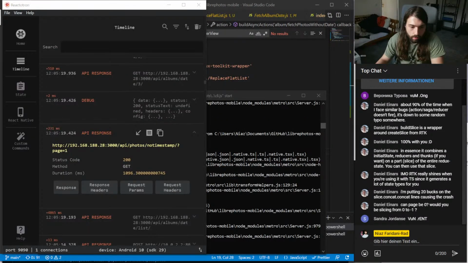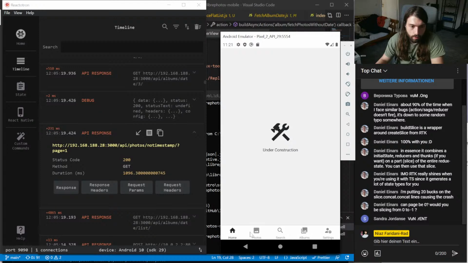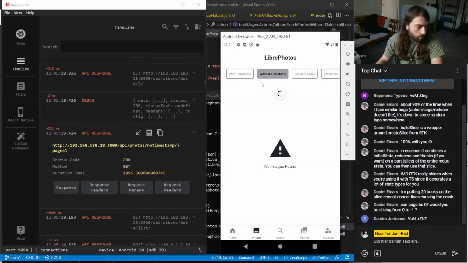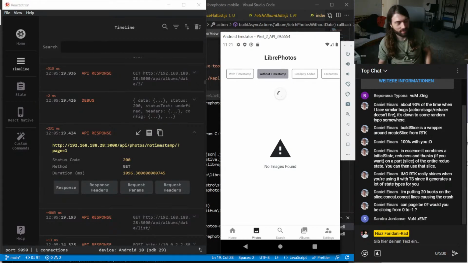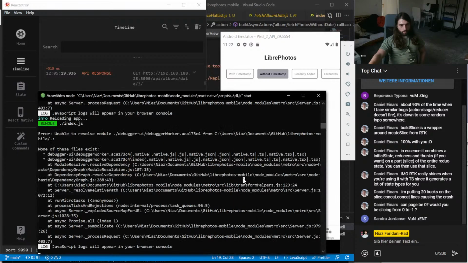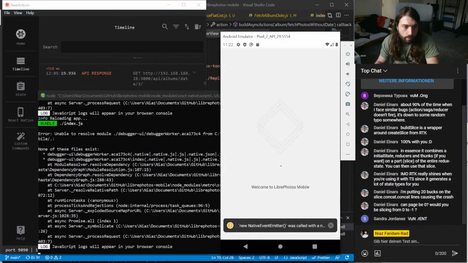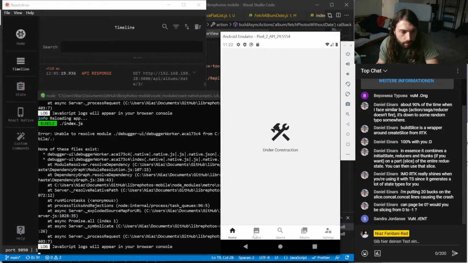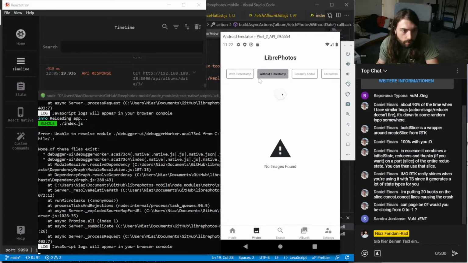Reload. Server, don't. I still have to find a better solution for that. That's so annoying. So now it should be connected again. Reload. Nope.